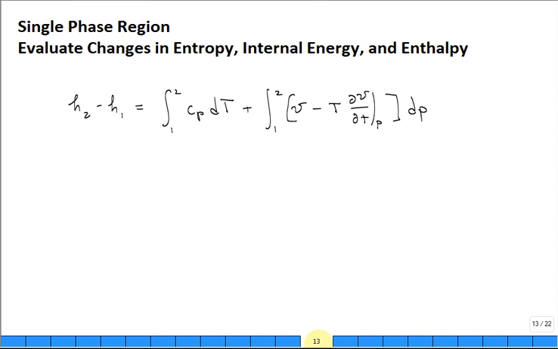In the single phase region, you get an equation like this. The change in enthalpy can be related to an integration of C sub P with respect to temperature, and then the integration of something complex, look inside the integrand, V minus T dV dT, holding P constant, with respect to P. How in the world can we derive this equation? Well,